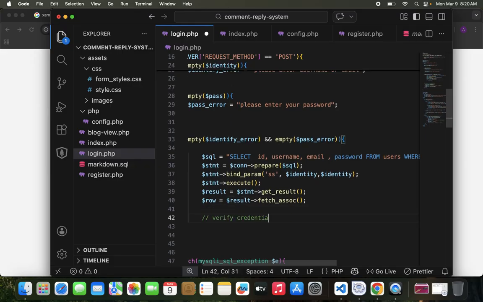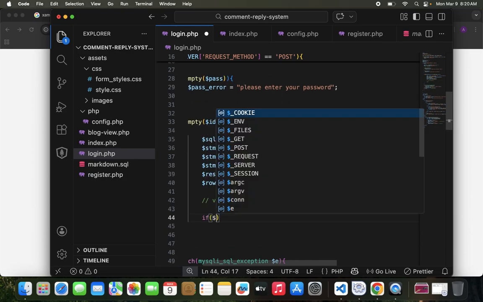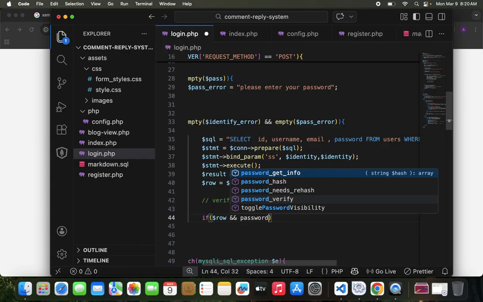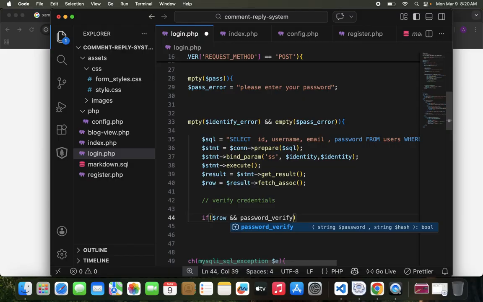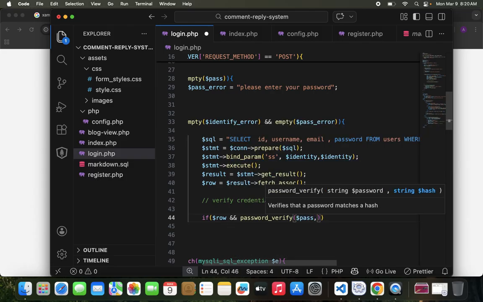Verify credentials. Okay, so if row, and so we have this upper method in PHP known as password verify. This verifies our password. So let's pass, and then let's get password from our row. So if this passed,